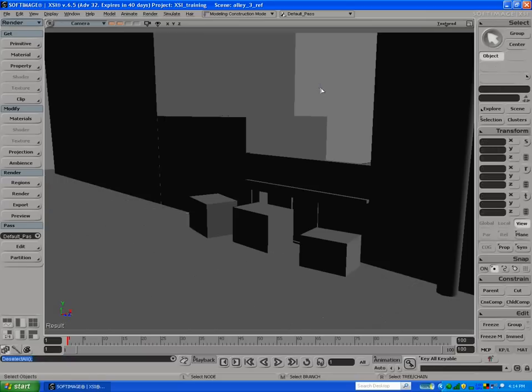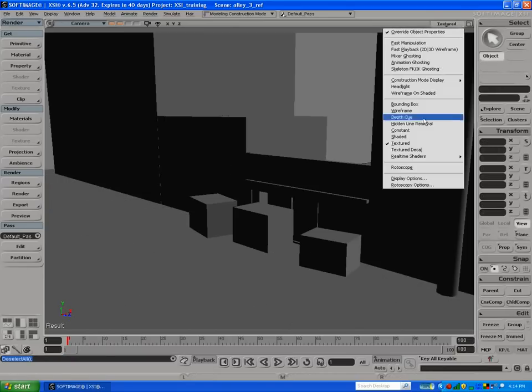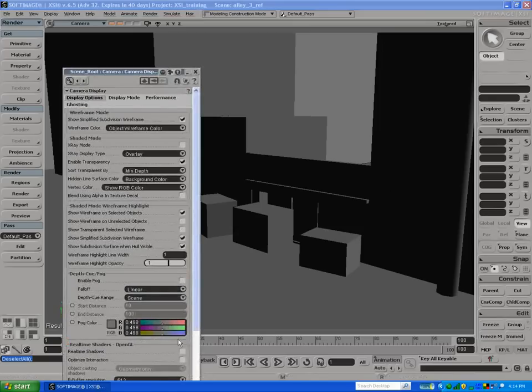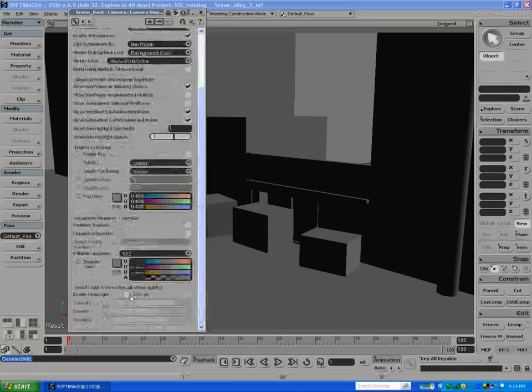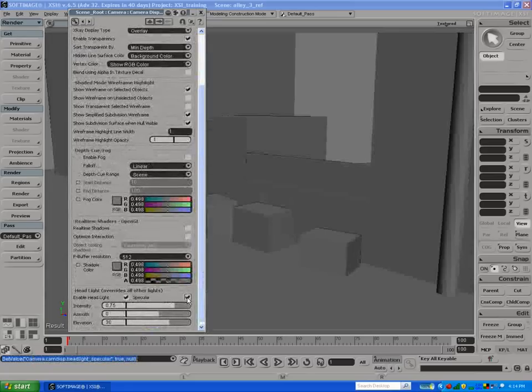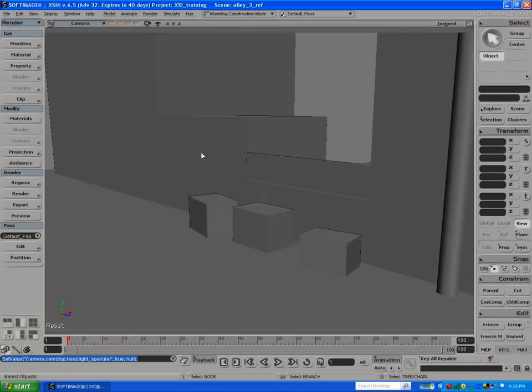Let's start by going in, and normally I like to turn on my lights to headlights, and of course I like to turn on both headlights and specular. Now that's great for modeling. But when you get to lighting, you have to turn the headlights off, and then you also want to create actual lights. And also there is a light in the scene. A headlight will overwrite it. So if you look at the scene,